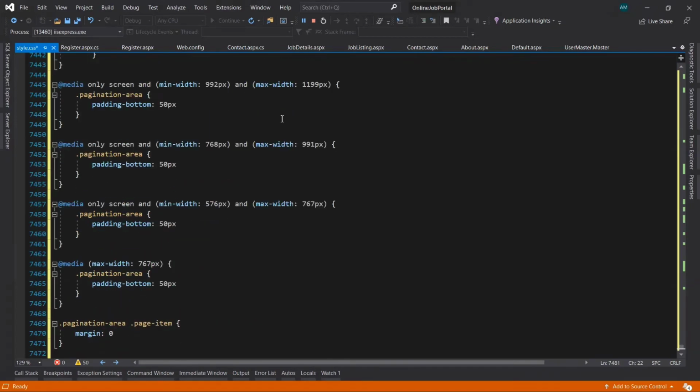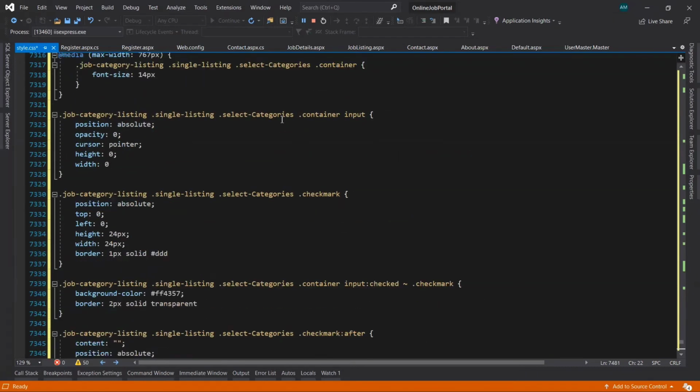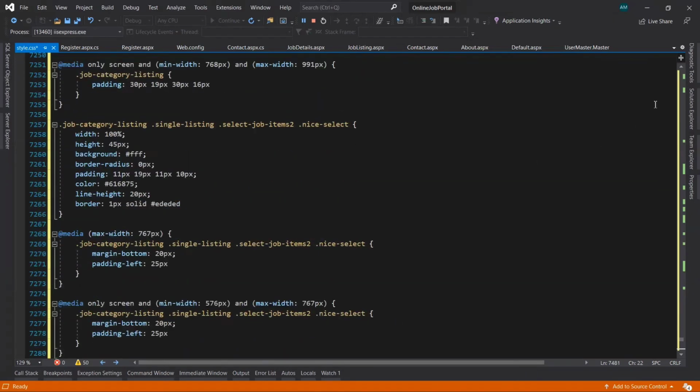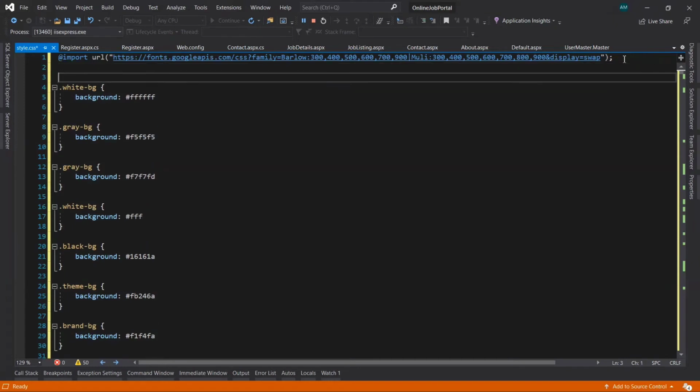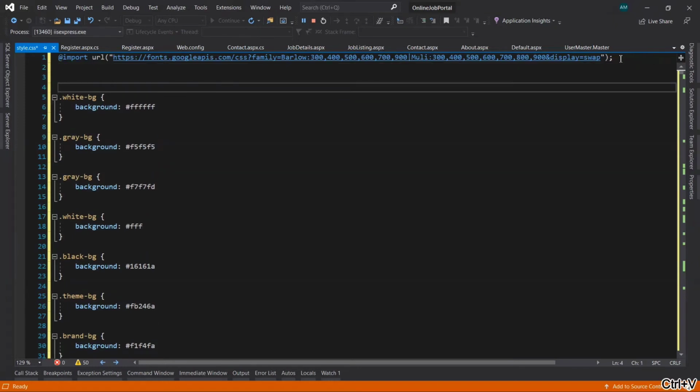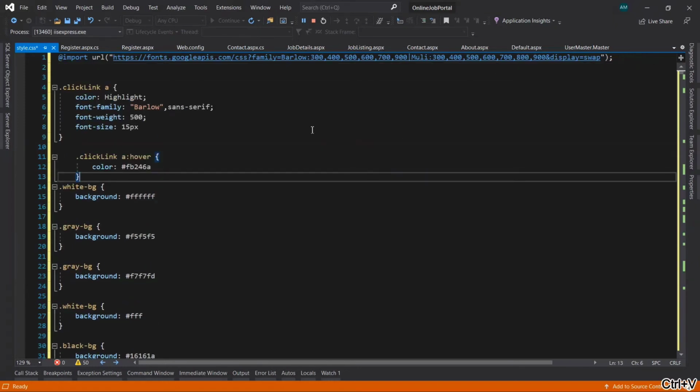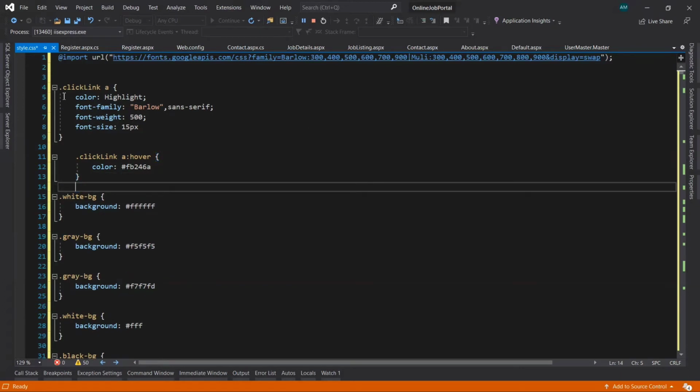Now after that, at the top, write this code.